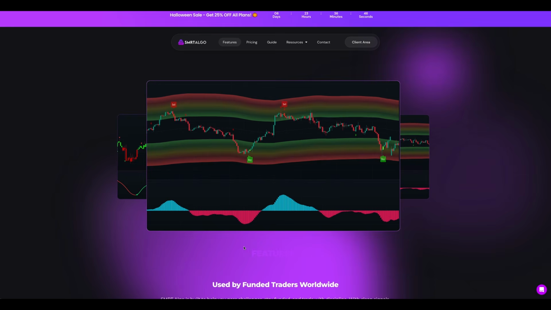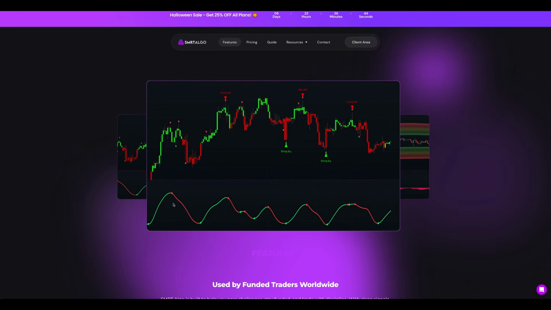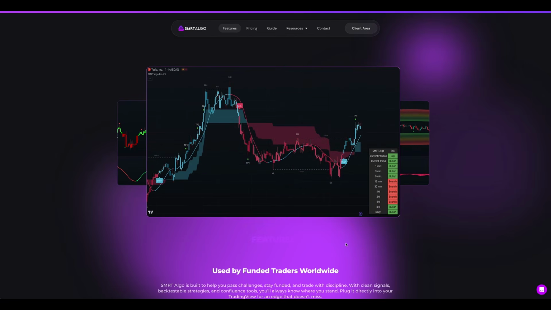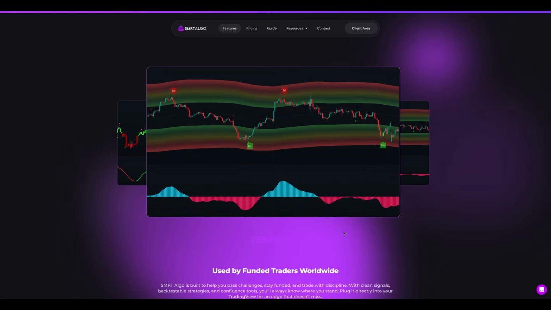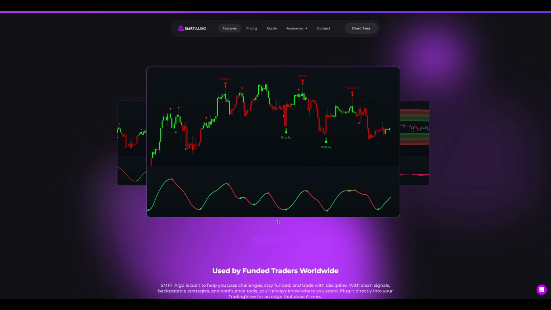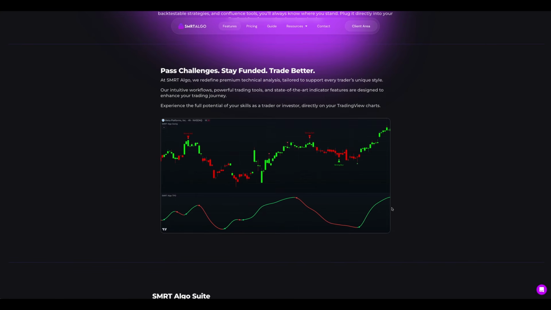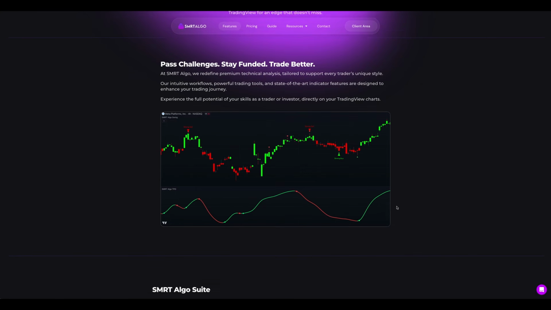Let's get started, guys. As you can see, I am on the SMRT ALGO website. Now, SMRT ALGO comes with so many indicators that you can use on Tradingview to help you with your trading. As you can see here, these are the examples of the indicators that you'll find on Tradingview once you sign up and get yourself a package with SMRT ALGO. SMRT ALGO has redefined premium technical analysis tailored to support every trader's unique style. Our intuitive workflows, powerful trading tools, and state-of-the-art indicator features are designed to enhance your trading. I'll show you guys how to add these on Tradingview